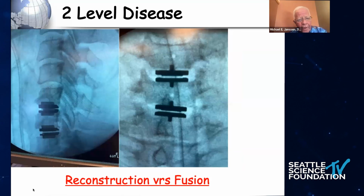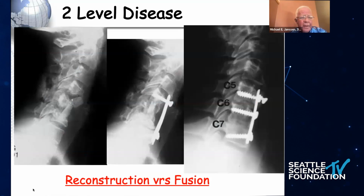Here's an example of just trying to center it. Most of the time you want to center it probably between the uncovertebral joints. I think a two-level arthroplasty is a lot harder, especially in the lumbar spine, than a one, because you're trying to balance two things at one time. When I look at the left x-ray, I look at where the axis of rotation is on the top one, and the bottom one's a little bit further back. I look at the facet joints and see how horizontal they are and try to come up with the best overall plan. I can show you all kinds of bad arthroplasties,